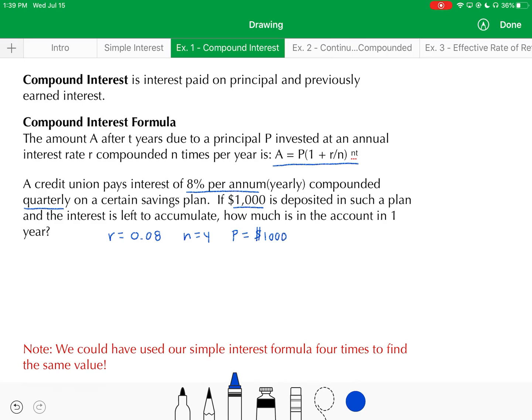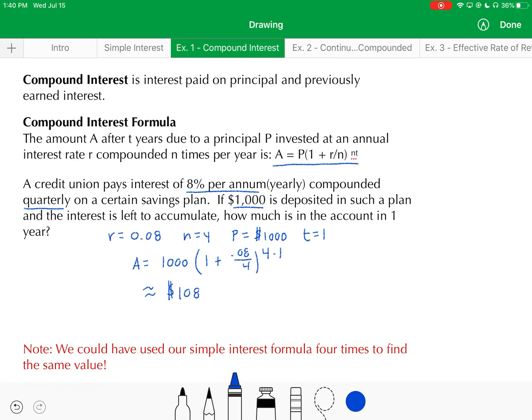Okay. All right. So, and then of course, t is just 1 year here. So we only want to know how much is in the account after 1 year. So the amount in the account after 1 year would be equivalent to my initial amount of 1,000 that's been invested times 1 plus my interest rate divided by 4, raised to the power of 4 times 1. And that's simple enough. You can punch that all into your calculator and you should end up with a value